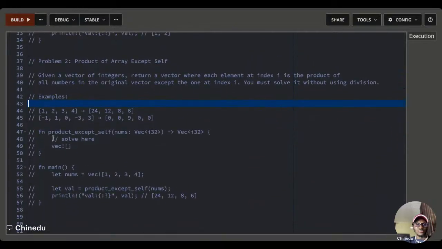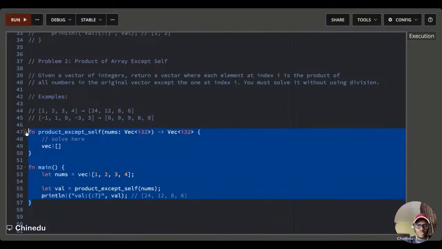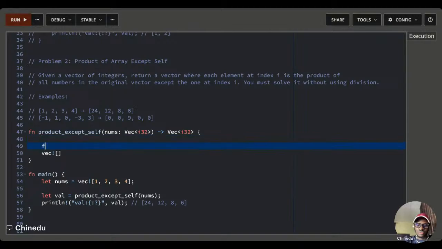So now I'll go ahead and comment out the function and all, so I'll comment out these guys. The simple way to solve this, there's a very simple way to solve this, right? And the simple way is using double nested for loops. So we can do something like this. Let's say for i in